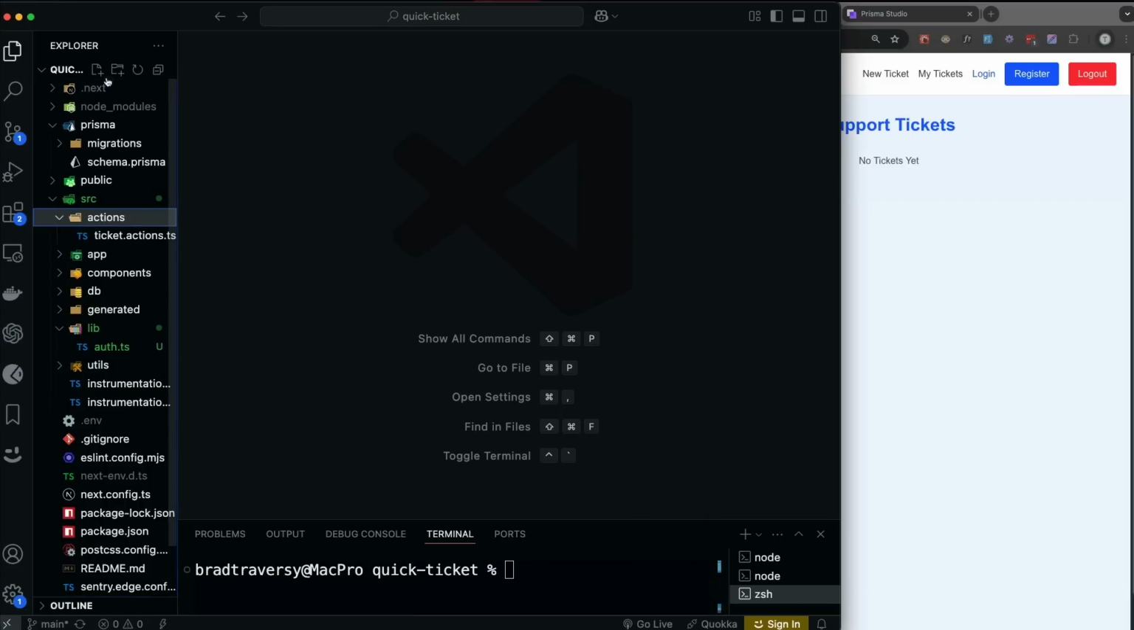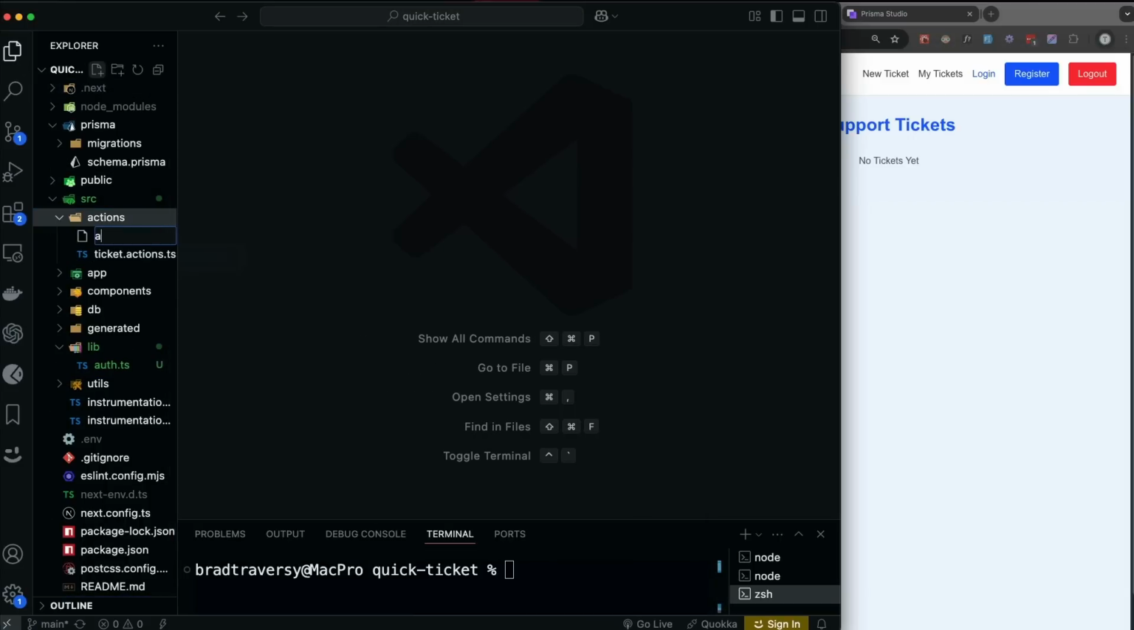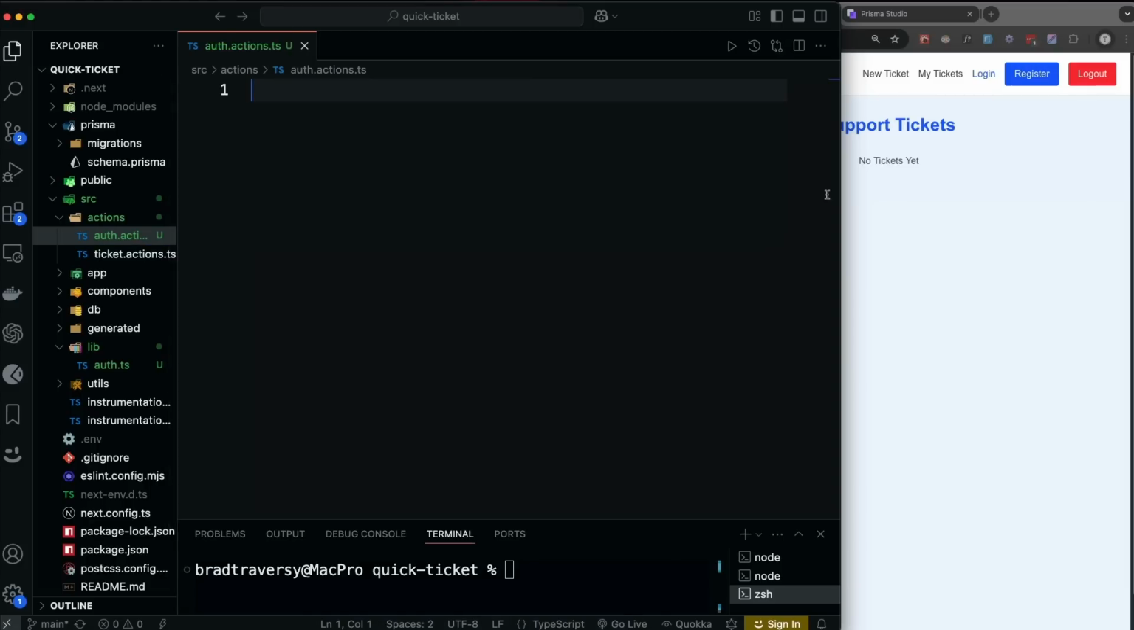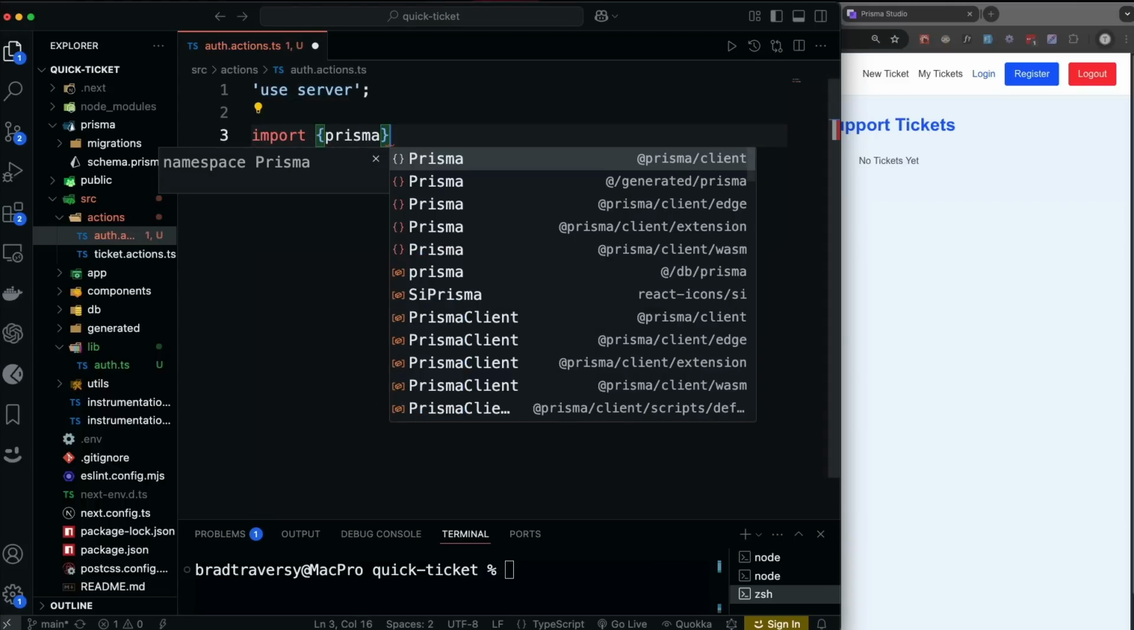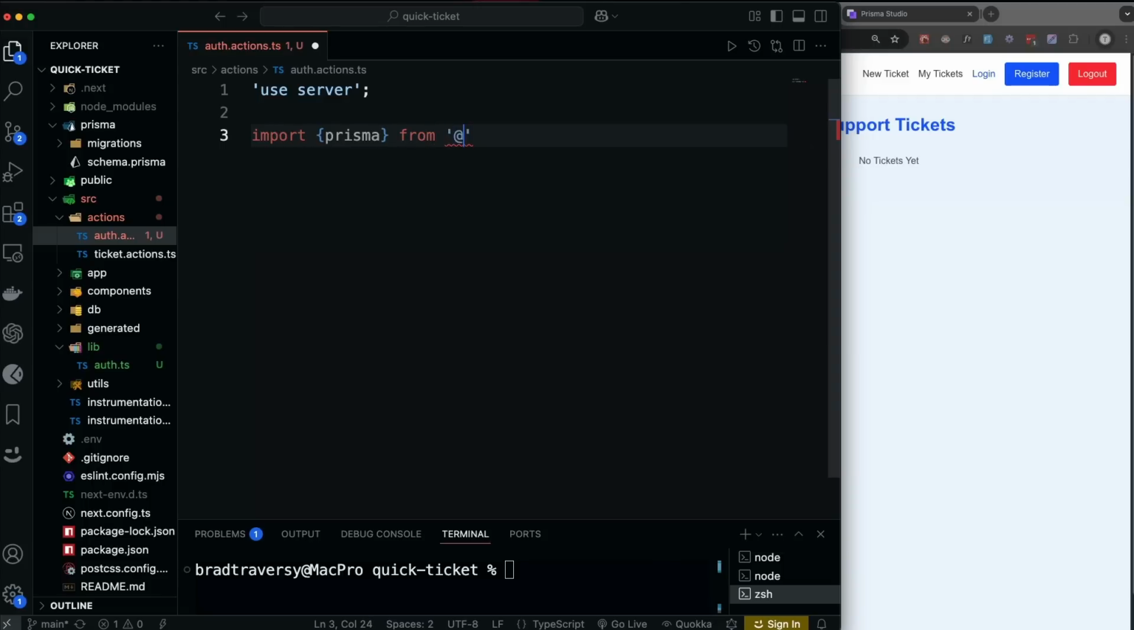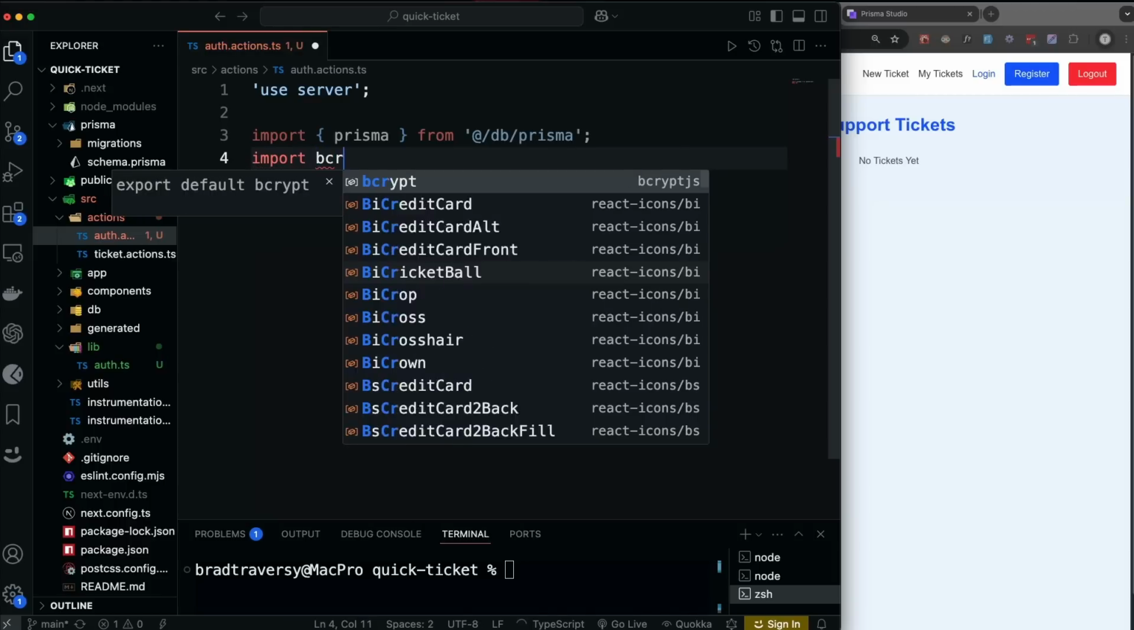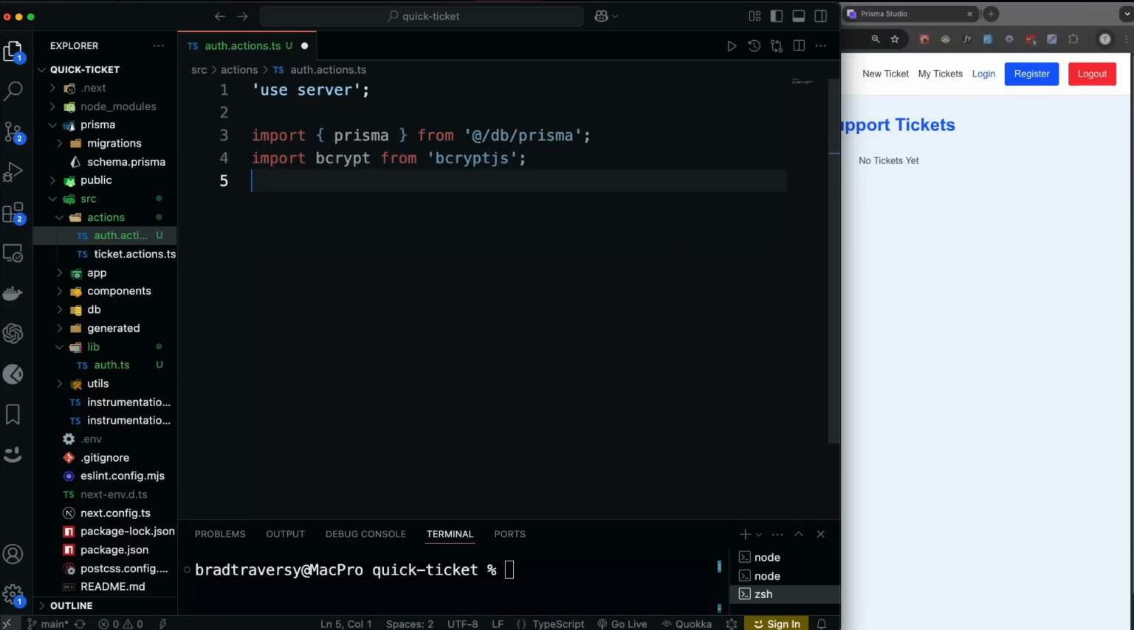So in the actions folder, we want to have a new file here called, let's call it auth.actions.ts. I mean, you could call it user actions or whatever you want. So in this auth actions, let's make this a server action, so use server, and then we're going to import Prisma, and remember we want to bring that in from our file, so it's going to be @/db/Prisma, and then we're also going to be encrypting the password here, so let's import bcrypt from bcrypt.js,